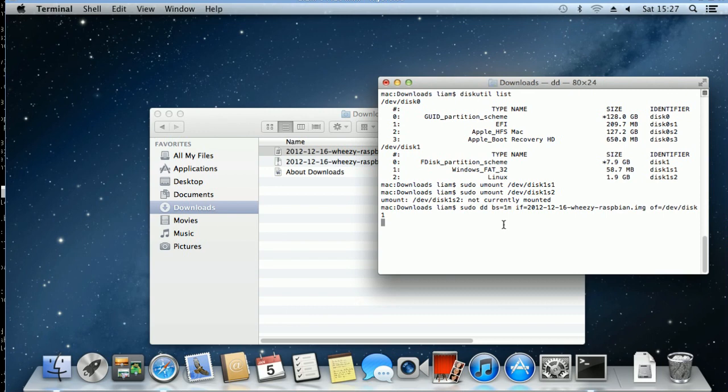then there's no progress bar or anything, but in my case I can see the blue light flashing on the SD card reader. And then once that command is finished,